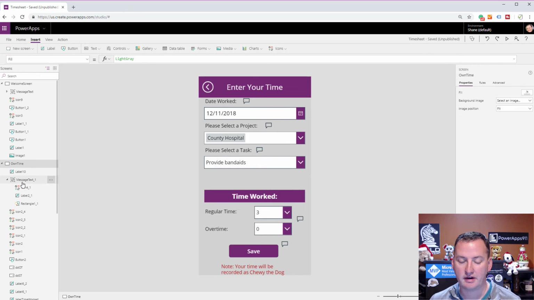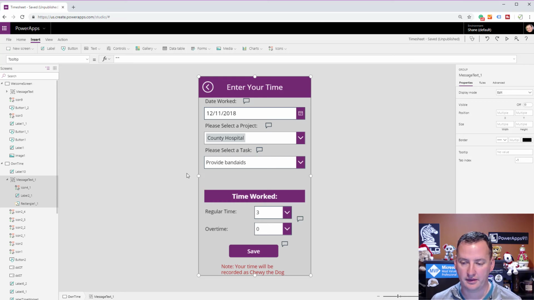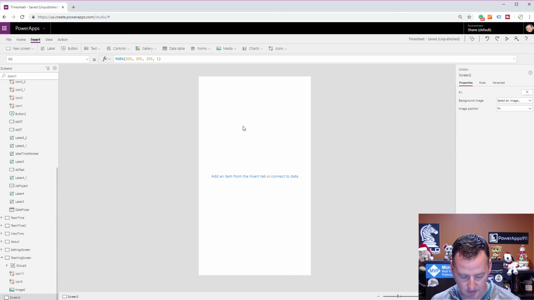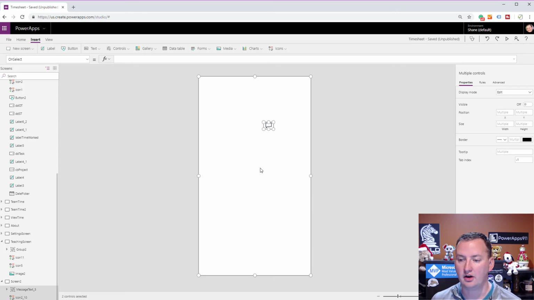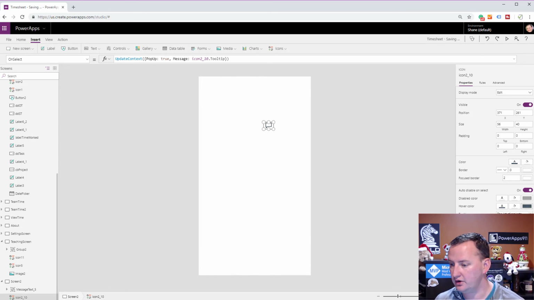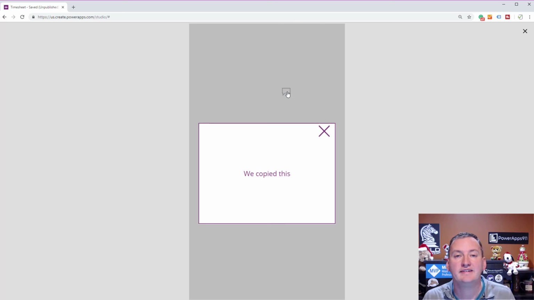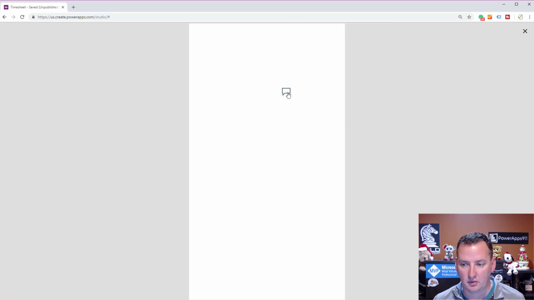No problem. I go over here, I'm going to copy the pop-up, and I'm going to copy one of the controls. Doesn't matter which one. Hit Control C, go down here to my new screen, boom, I paste this on, all those pieces are in place. I go in here and say, all right, your tooltip is now this. We copied this, and so now if we play, it works, and if I click on it, we get this. We don't have to reset things over and over again, because, remember,